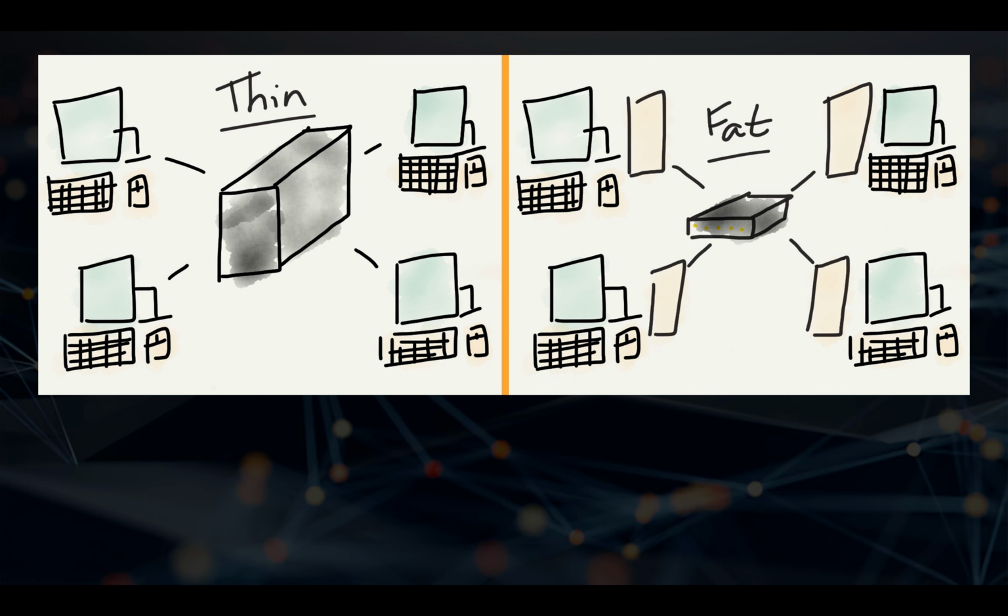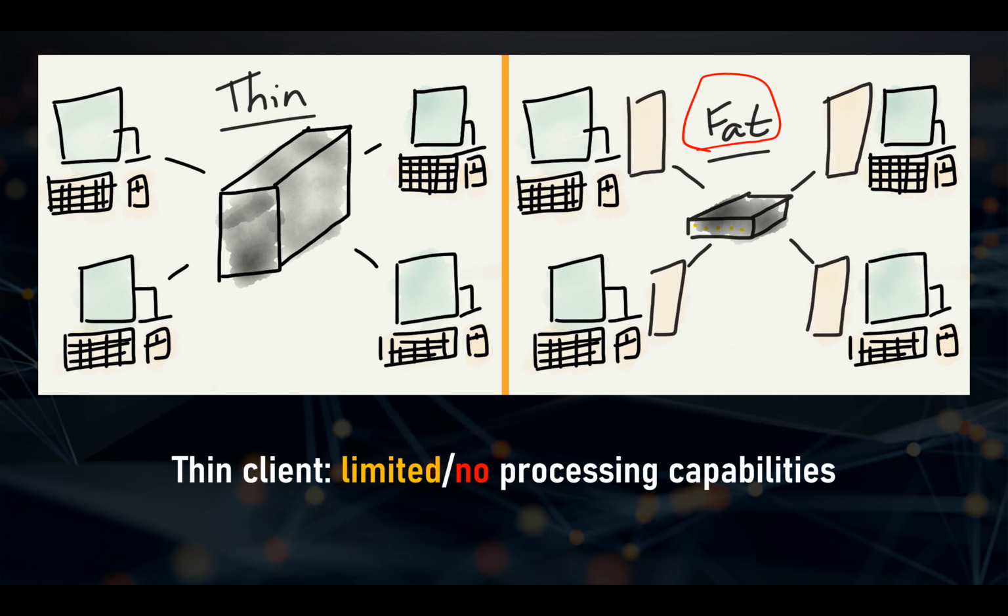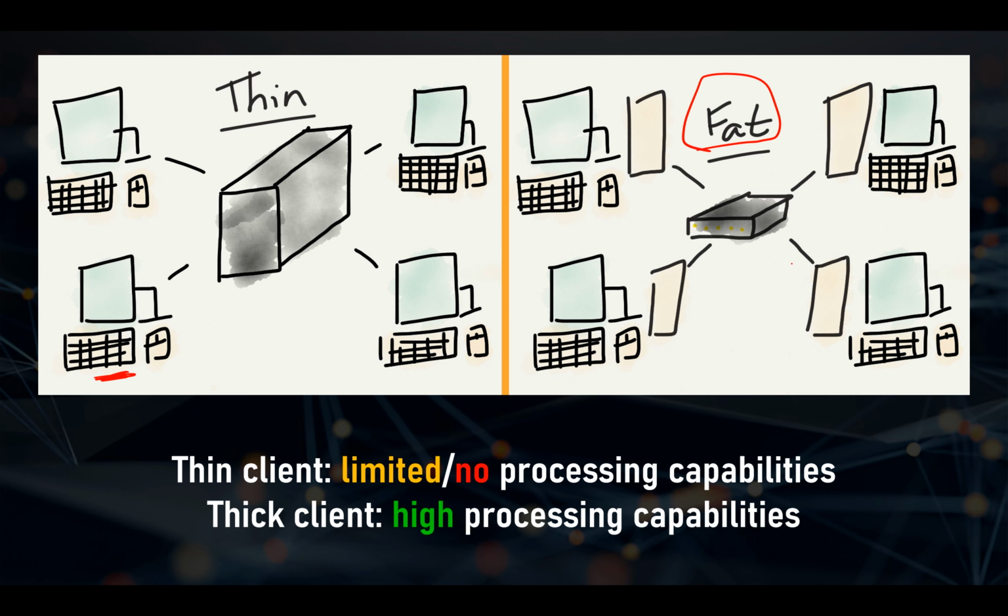So if we see here, they've called it a fat client, but fat client and thick client both mean the same. Hopefully people understand this diagram. If we look at the thin client, we've got a small, simple device, probably just input and output, not really much storage and not much processing. Whereas if we look at the thick client,